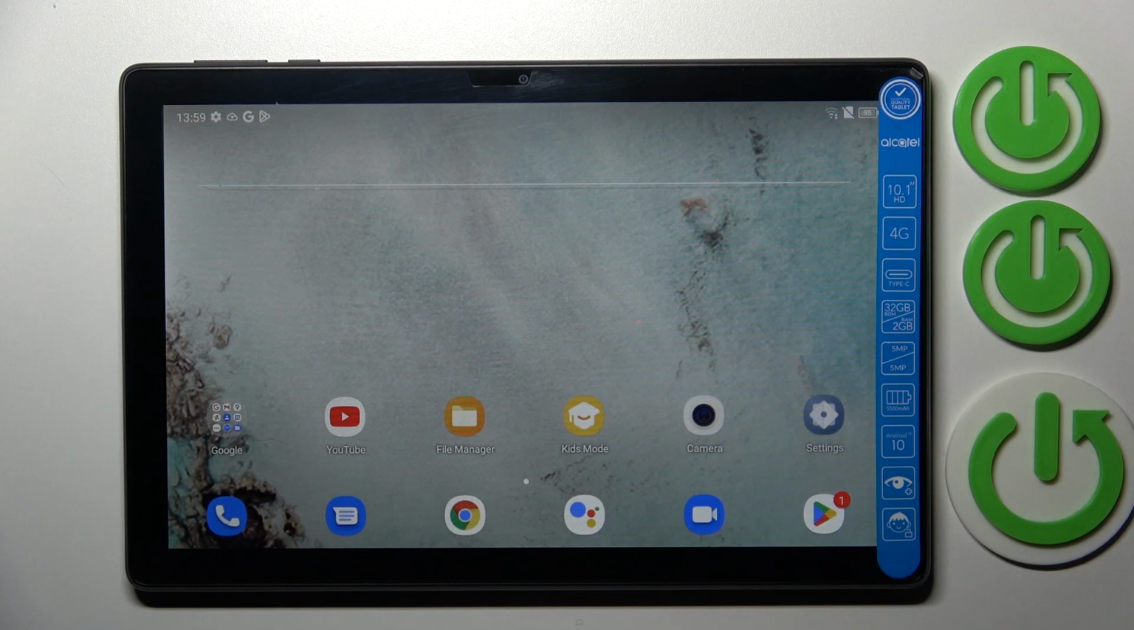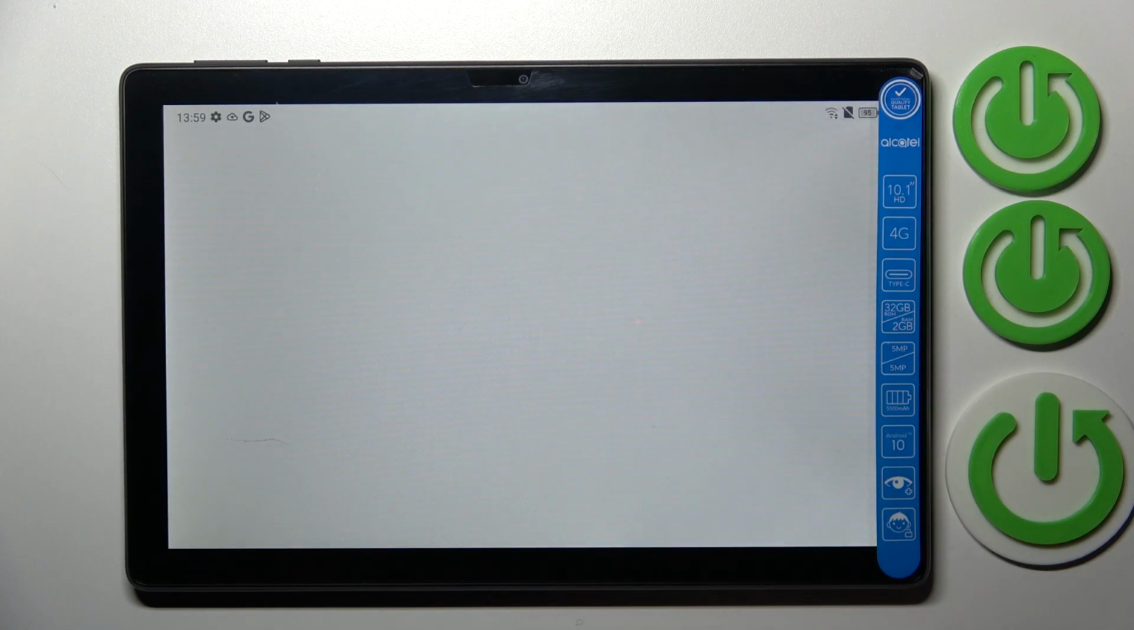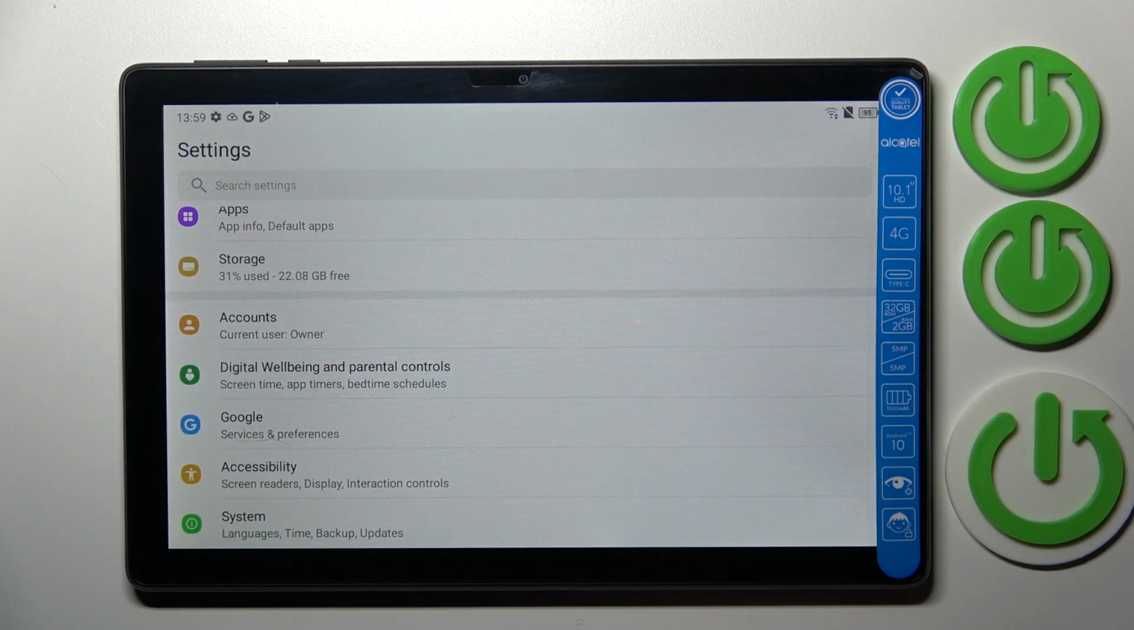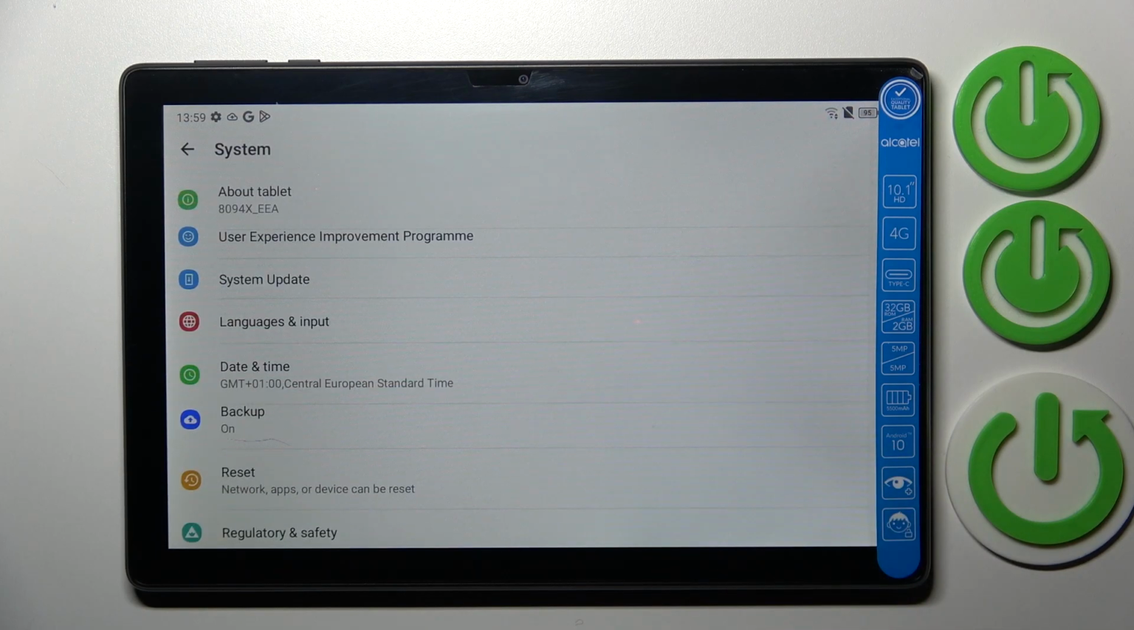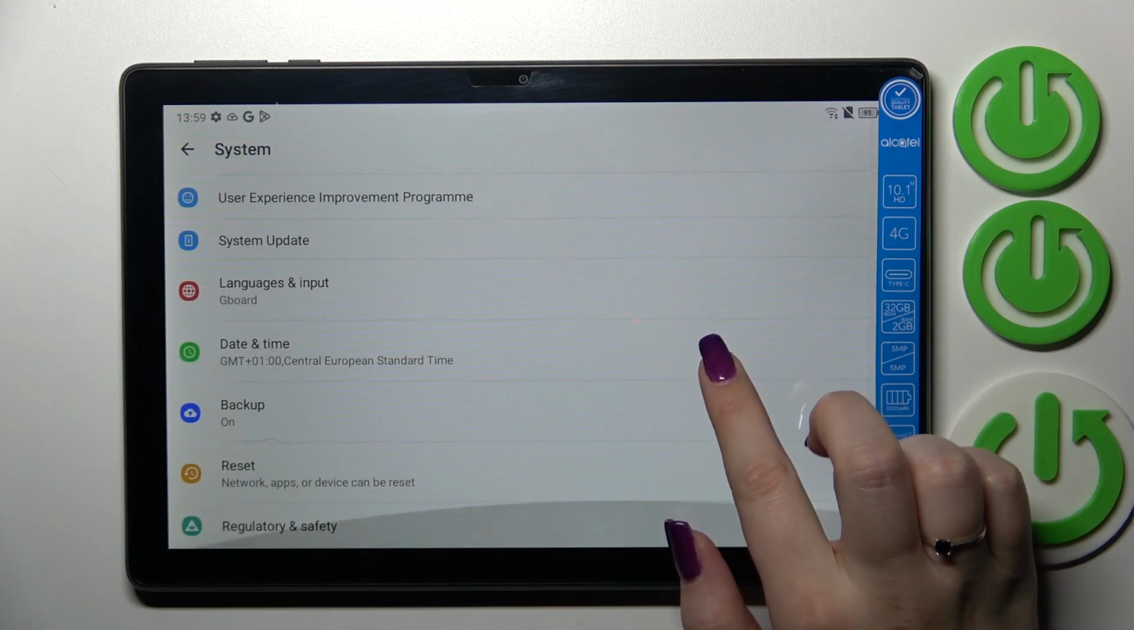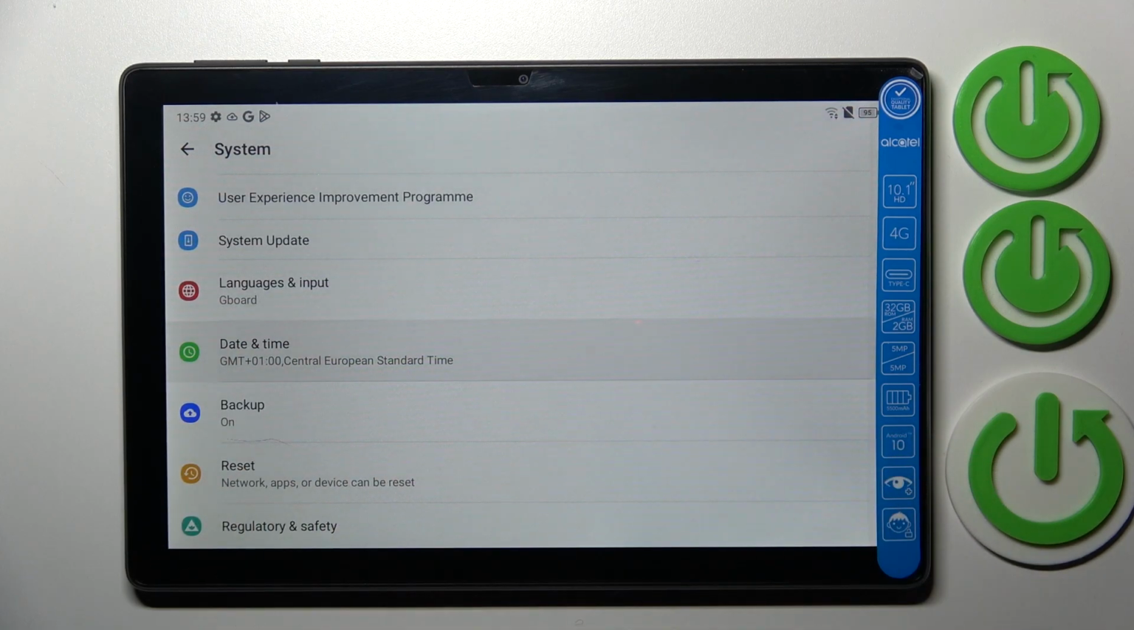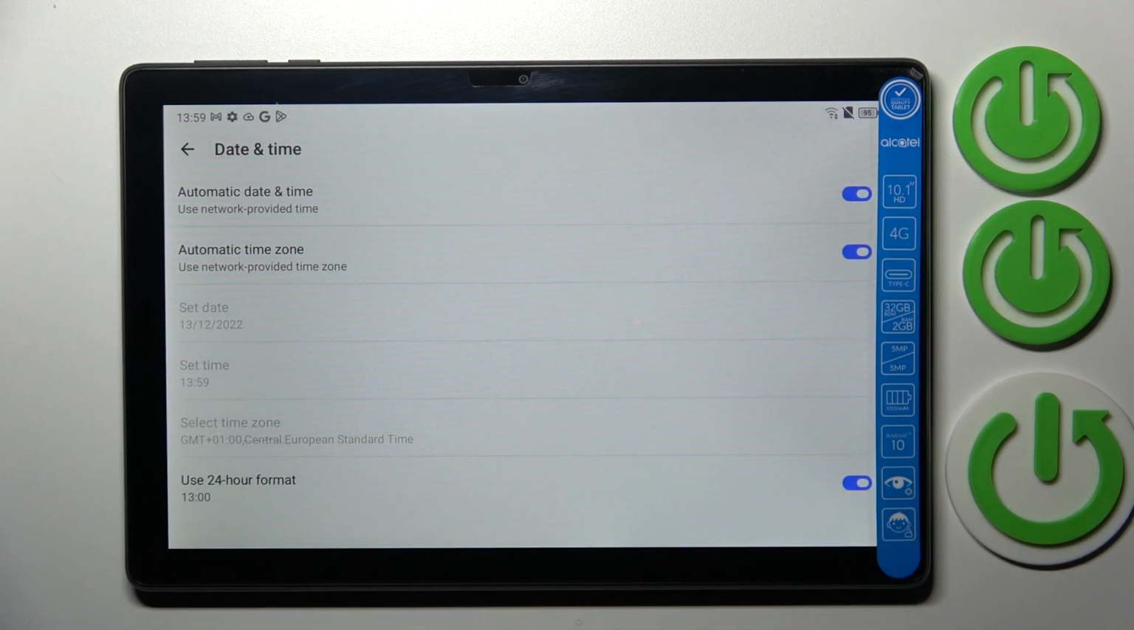So first of all, let's enter the settings, and here we have to wait. Here we have to scroll down to the very bottom to find the system. And now let's find the date and time option. Let's tap on it. And as you can see here, we've got some options which we can or cannot customize,